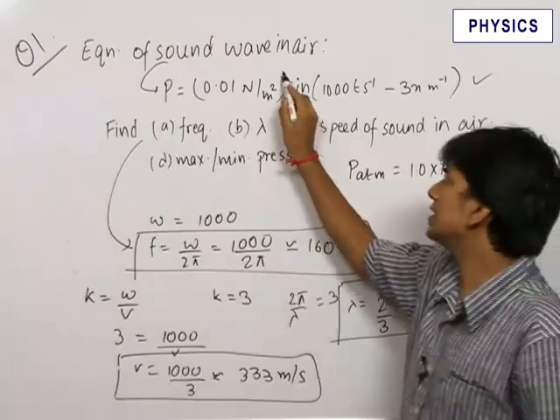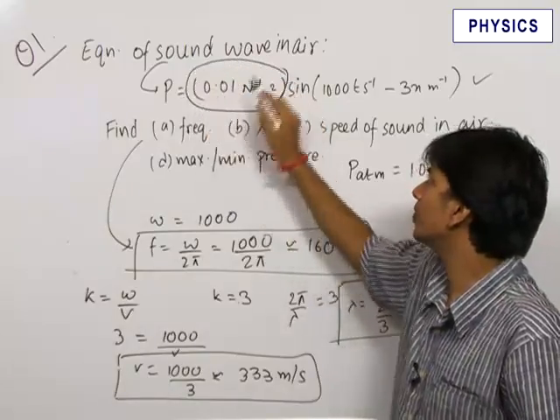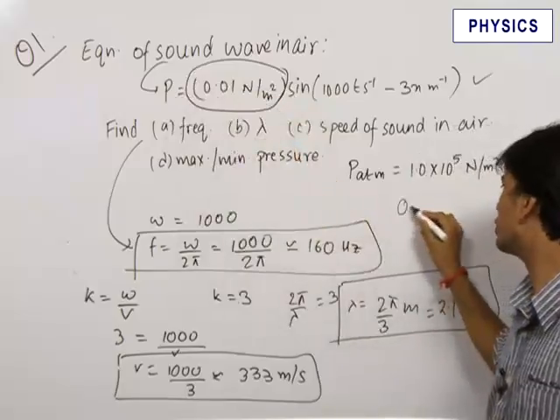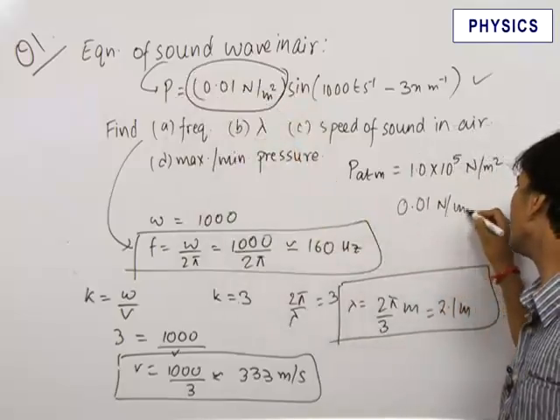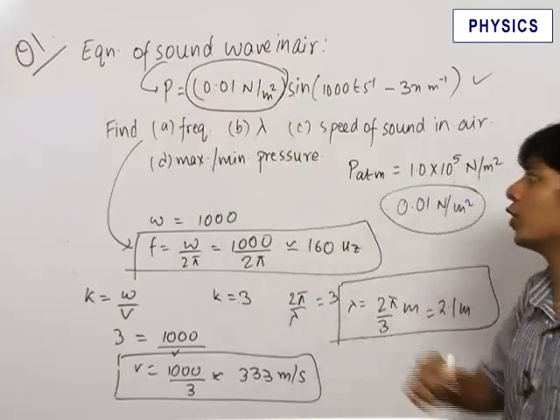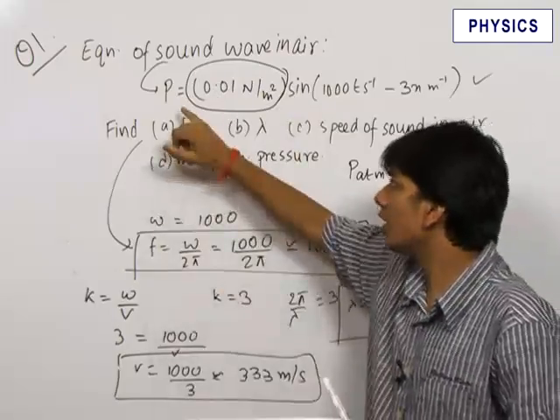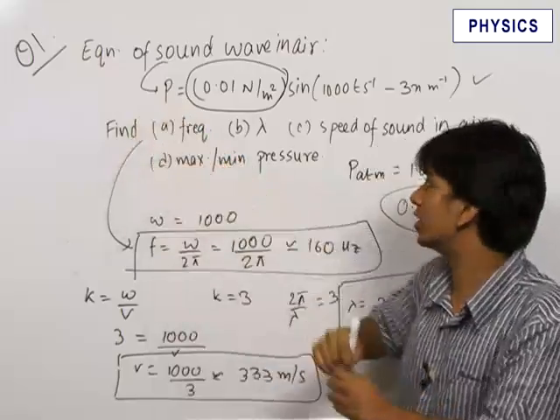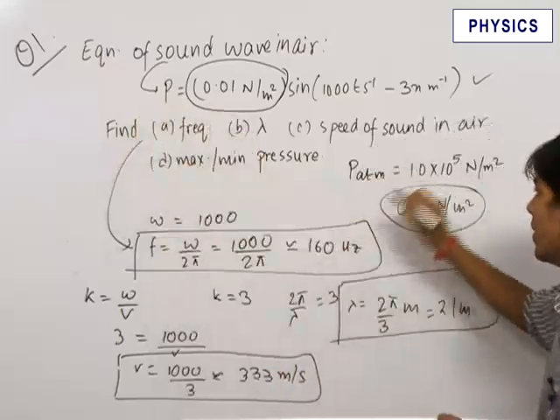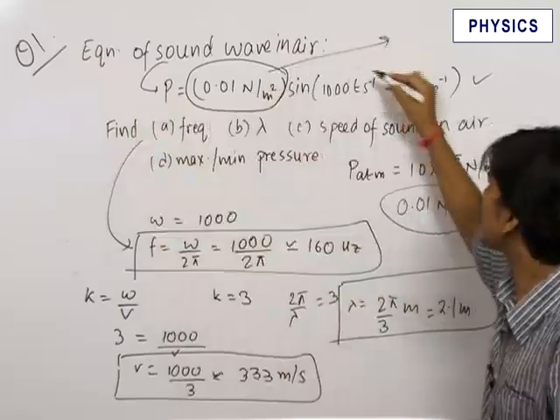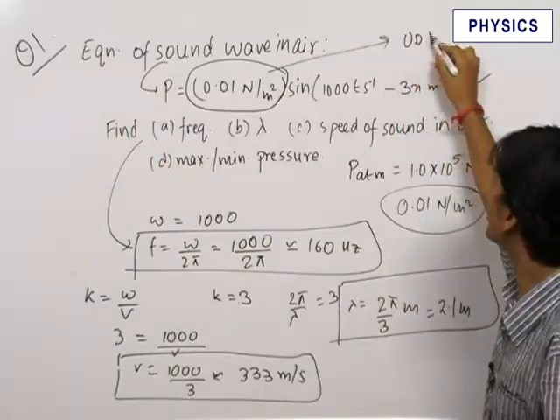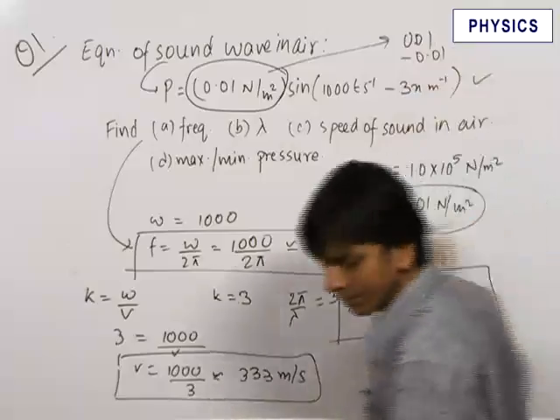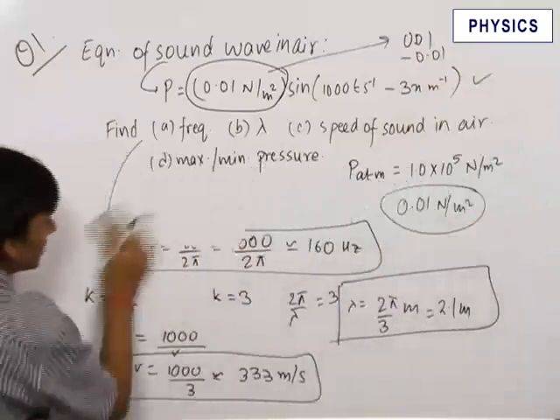So we see that the amplitude of the pressure wave equation is 0.01 newtons per meter square. Now it is an important thing for you to know that this pressure is not the actual pressure, this is the excess pressure. So if this is the excess pressure, its maximum value can be 0.01 and its minimum value can be minus 0.01. So actually the total pressure in a region is